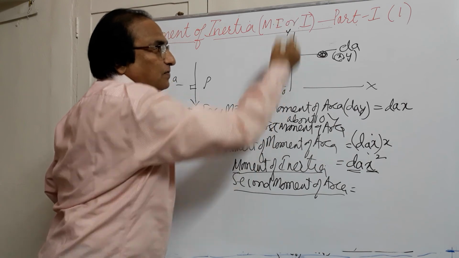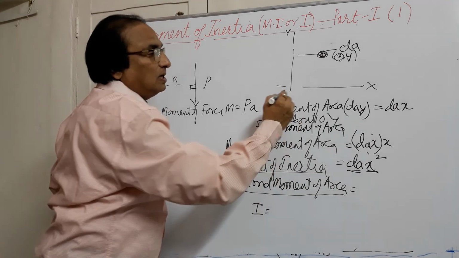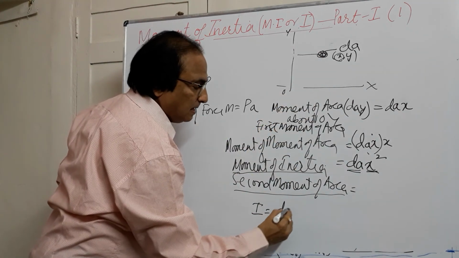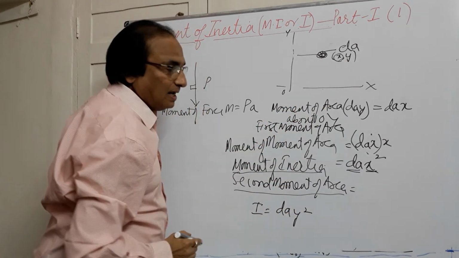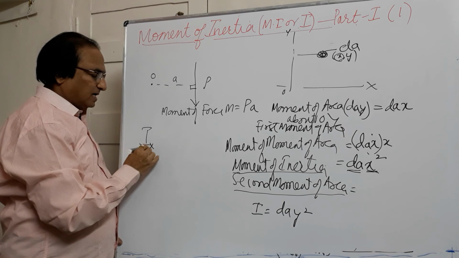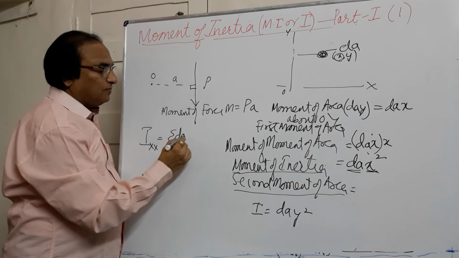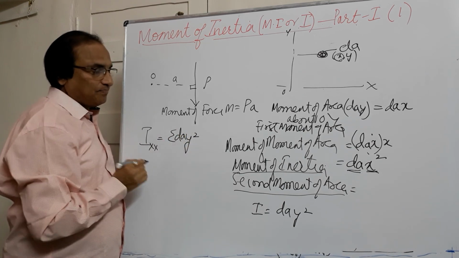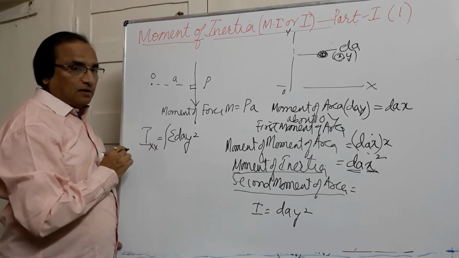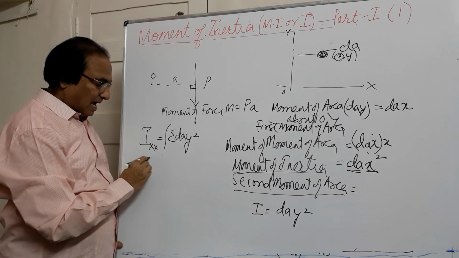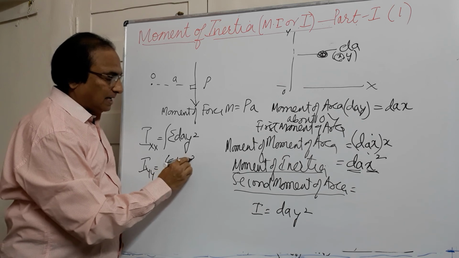We have taken the distance from y. Suppose if I take the distance from x, so moment of inertia about x axis will be dA, and what is the distance? It is y. So this will be y square. Like this, we get moment of inertia. If I take about x axis, we get sigma dA y square. Whenever we want Ixx, we measure the distance in terms of y square, and this will integrate from one point to the other point. So this is the formula for moment of inertia about x axis, and moment of inertia about y axis is given by sigma dA into x square.